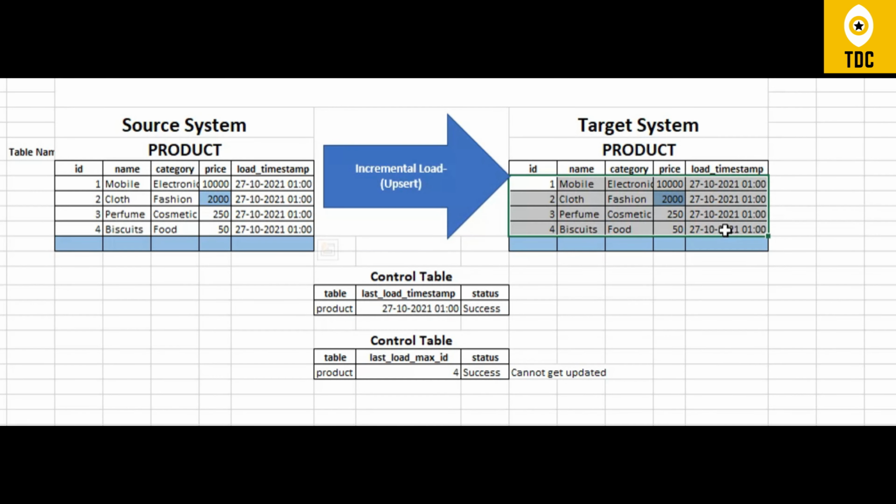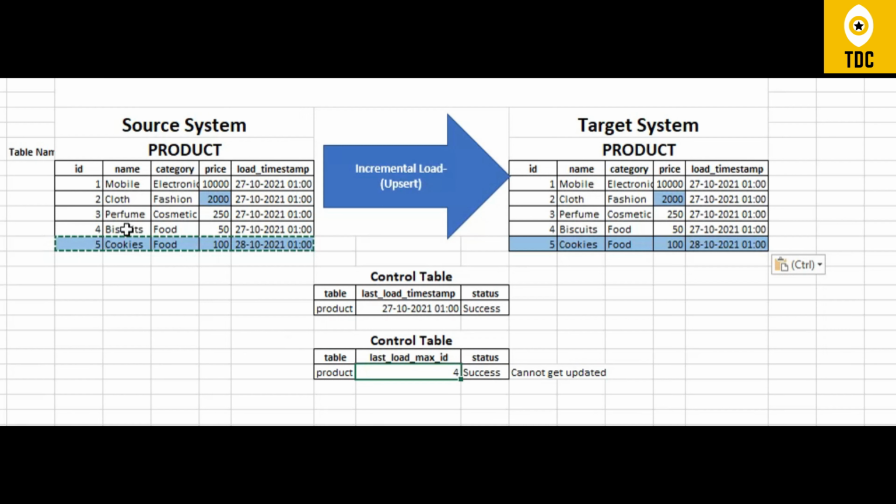On day 2, if a new record has been inserted, our control table will tell us that only the records after 4 have to be loaded to the target system, so we will load only row number 5. So this can be achieved using the control table when we are talking about ID.